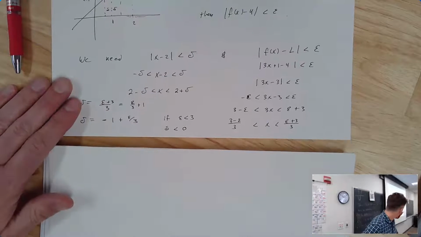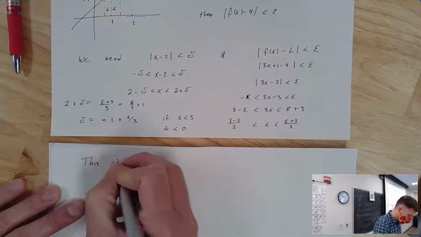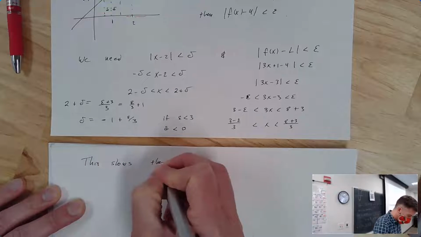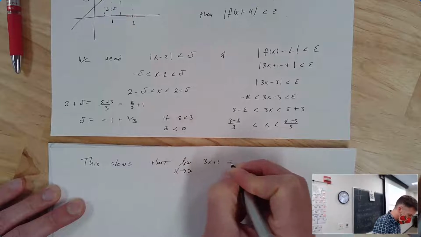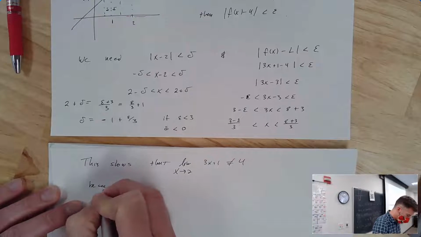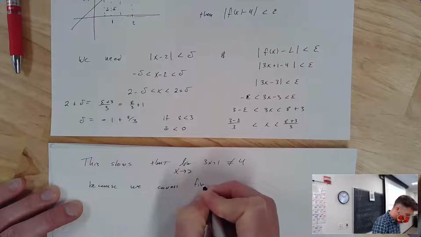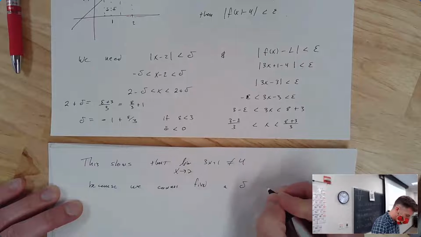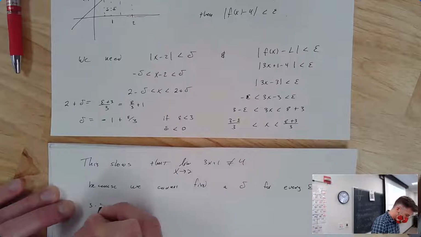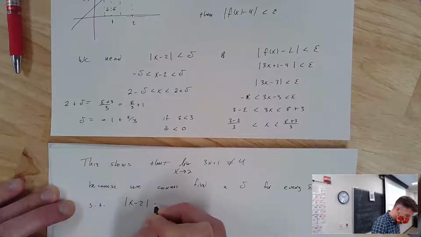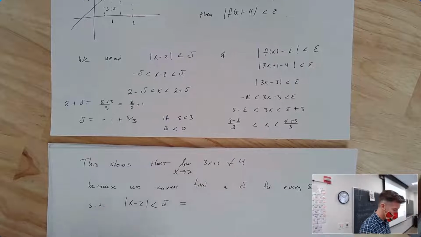I wish I had more room on that page. So this shows that the limit as x approaches 2 of 3x plus 1 does not equal 4, because we cannot find a delta for every epsilon such that absolute value of x minus 2 less than delta implies... I should really say we can't find a positive delta,